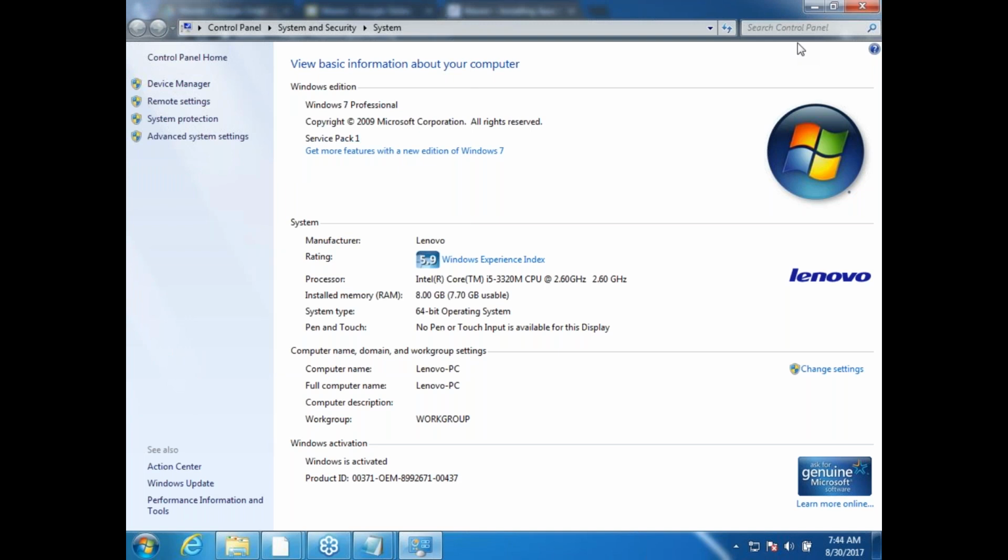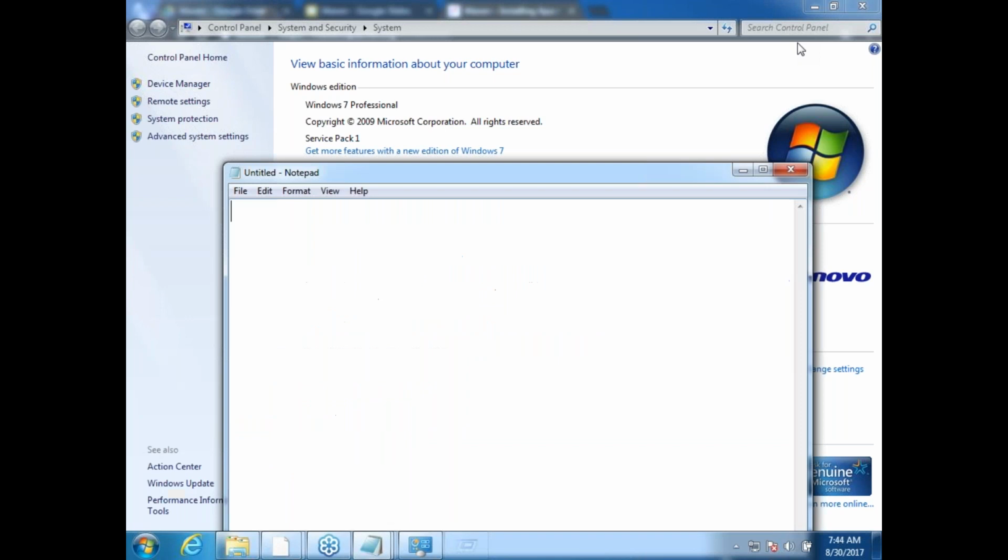Download a zip file and ensure that your Windows machine has Java installed, at least 1.7. Don't go with 1.6. 1.8 is better, but even 1.7 will work. After that, the first thing you need to change is the path variable. To the path variable, add the Maven bin path, wherever you have unzipped Maven. Then create one more environment variable, m2 underscore home, pointing to the unzipped Maven folder.